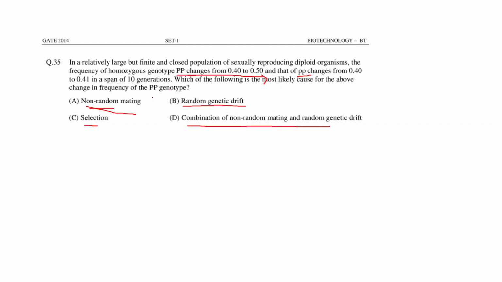How will it change, through genetic drift? Sorry, not through genetic drift. So it is non-random mating, which means it is through selection pressure. Suppose tall is selecting only tall persons, short is selecting only short persons. But this won't increase the homozygous dominant or homozygous recessive population. When you cross two homozygous,